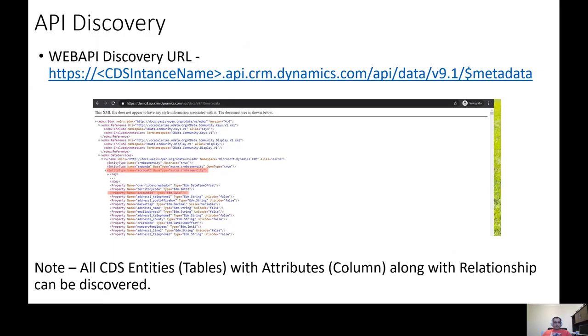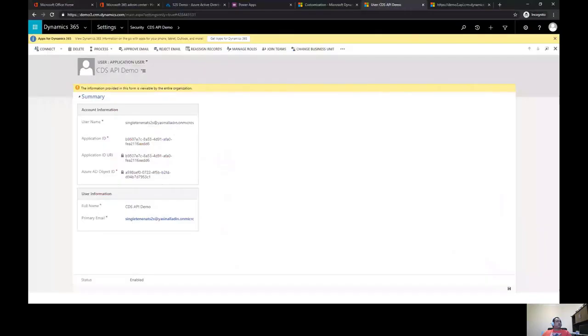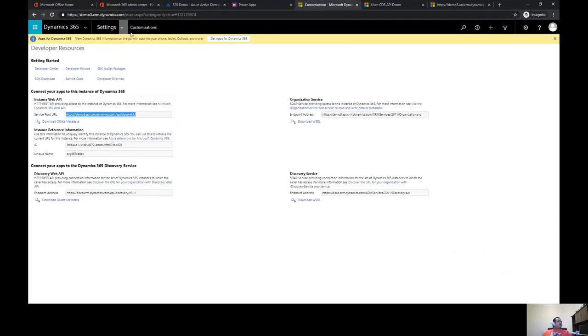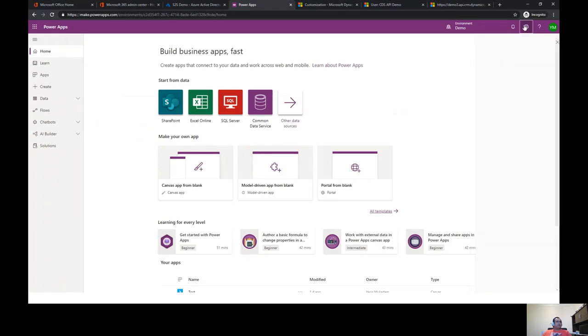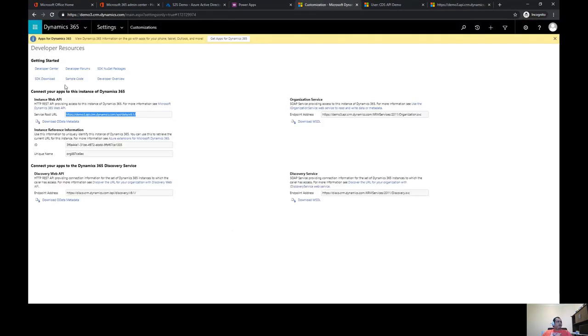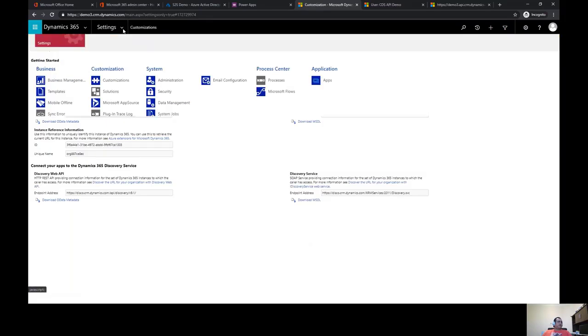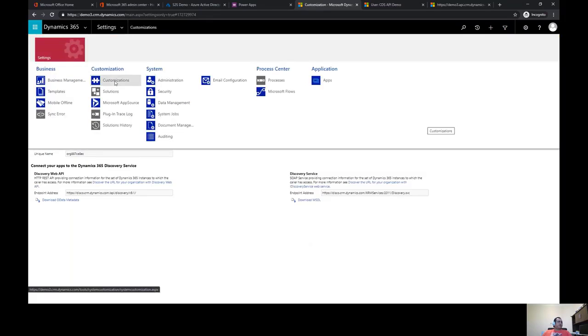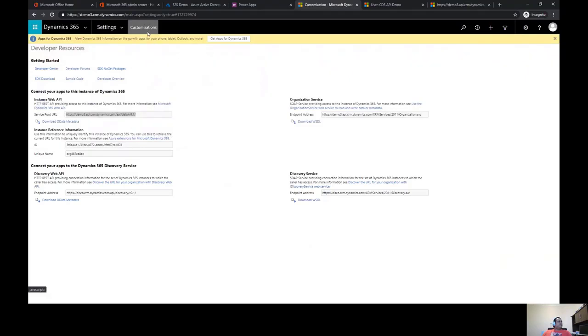So if I just quickly show you what I mean. Here, again, if you go in your advanced settings, it will open up your Dynamics 365 settings. And here, if you go in customizations, and within customizations, you select developer resources, it will load this page. And from here, you can get the URL.